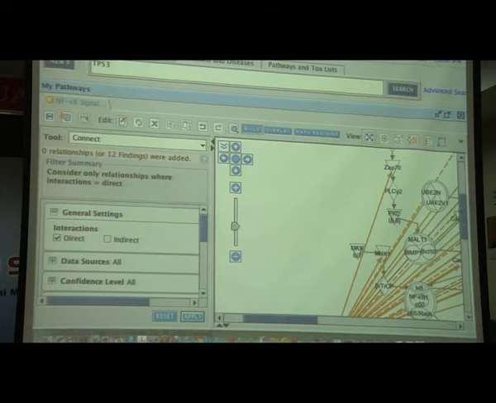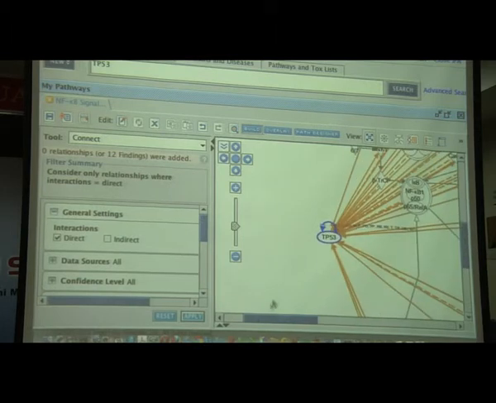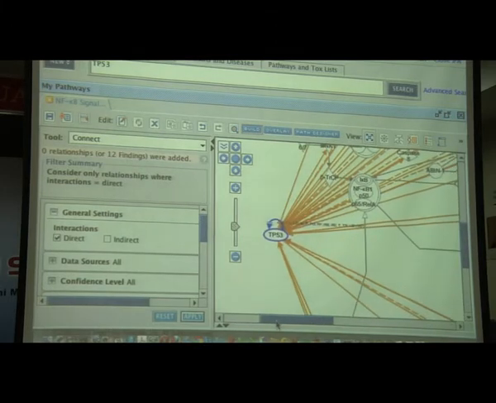Okay, so you see when I select direct, there's no more relationship to add because previously I already had direct and indirect. But in case I just want to look at direct itself, then I will repeat the same step, which is